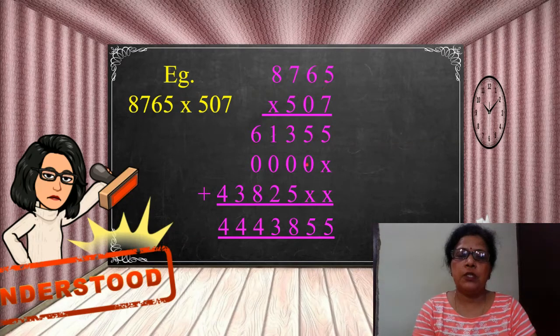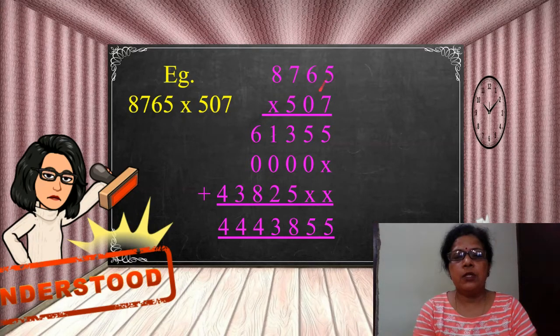0 5s are 0. 0 6s are 0. 0 7s are 0. 0 8s are 0. Students, always remember when we are multiplying any number by 0, we always get 0. It's a fact. Now as we have done with these two digits at ones place and at tens place, we will put 2 crosses at these two places and we will start from 5.